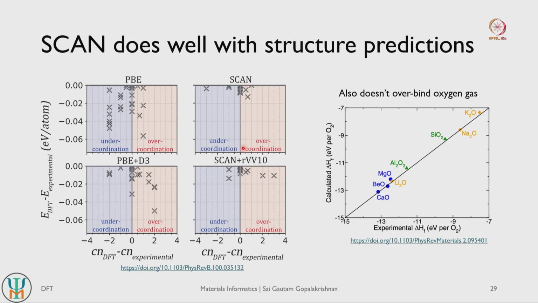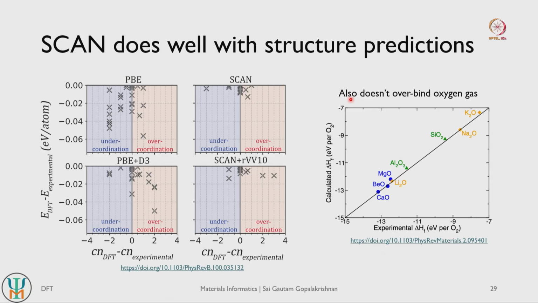So you are more on the exact line here compared to that of PBE, and same with SCAN if you add additional dispersion corrections. So you add additional terms to account for weaker bonding interactions. There are more data points on the exact line compared to the corresponding version of GGA. So in general, in terms of structural predictions, we see that SCAN is better than PBE, and even if you add dispersion corrections to account for weak bonding interactions, SCAN is still better than PBE.